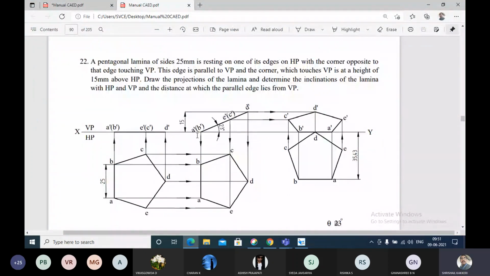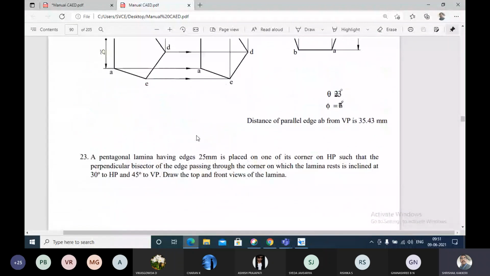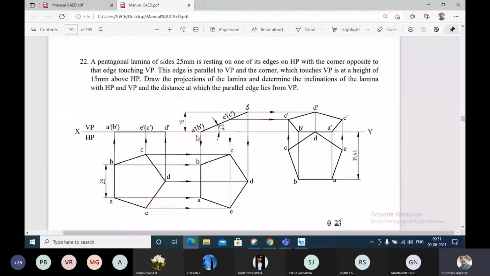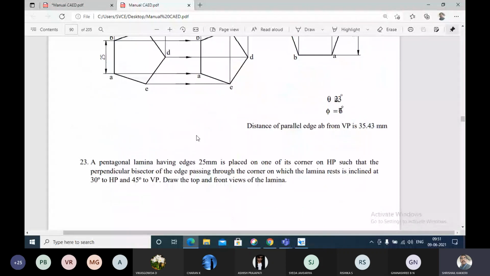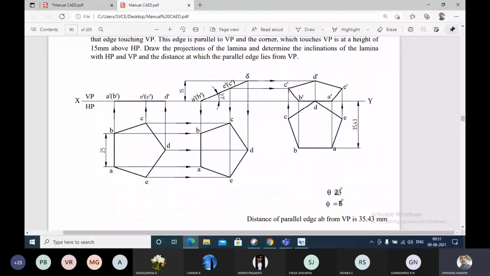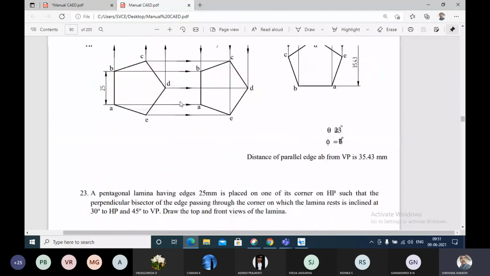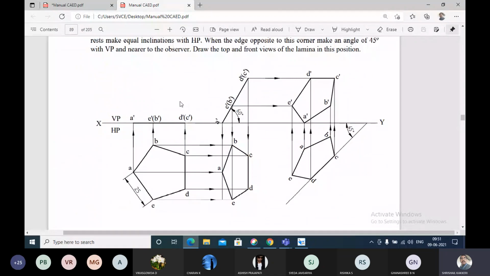This is also quite similar, and we'll see how it can be done. Or you can take some problems as homework also. And this problem I'll try to convince you by making a video, because I don't want to put you into confusion. I'll make the video and I'll try to do this problem. And another type of problem I'll be showing you.